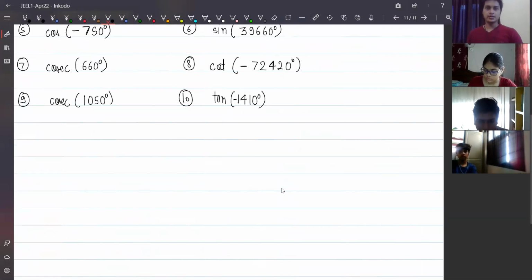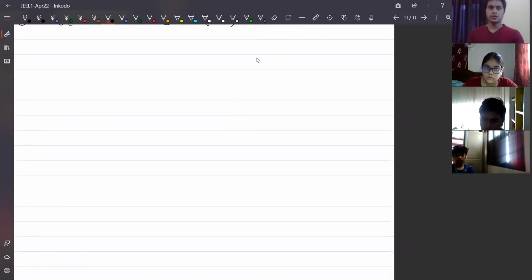Okay. Now these are values for trigonometric ratios for angles which are not 0 or 90 or something like that. Now we are going to actually learn why tan 0 is 0 and tan 90 is not defined. If you can visualize that, you can write trigonometric ratios for quantities like this.